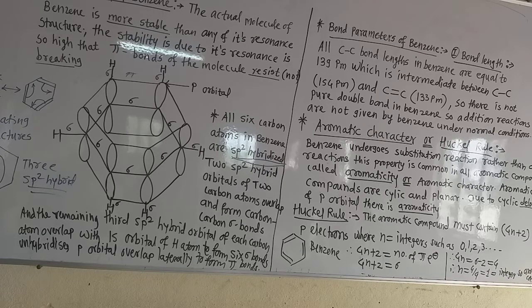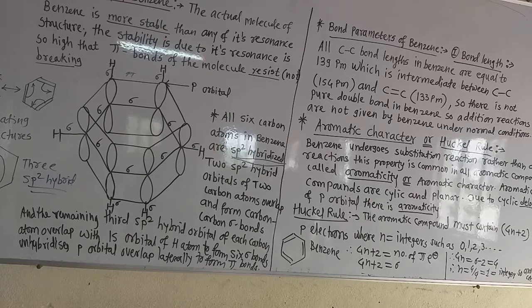So what is the Huckel rule? If 4n plus 2 pi electrons or p electrons are present in the ring, then such a ring is an aromatic ring. Now see in benzene. How many p electrons are there in benzene? There are 6 p electrons, because every p orbital, which is an unhybridized orbital, contains one electron. We know from the atomic number of carbon, which is 6, that out of that, 4 electrons take part in the sp2 hybrid orbitals and the unhybridized p orbital each contains one electron.